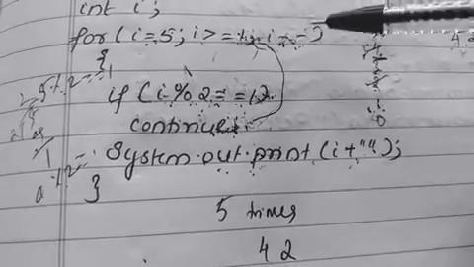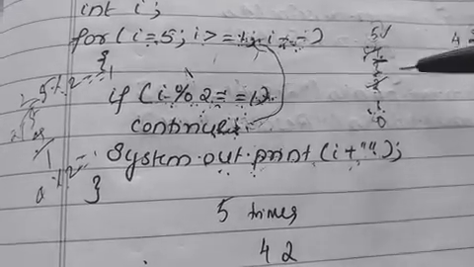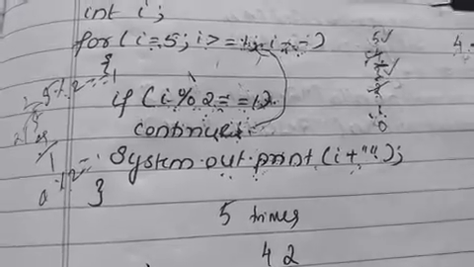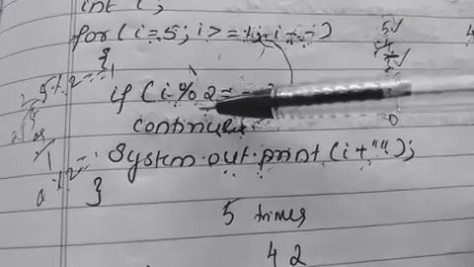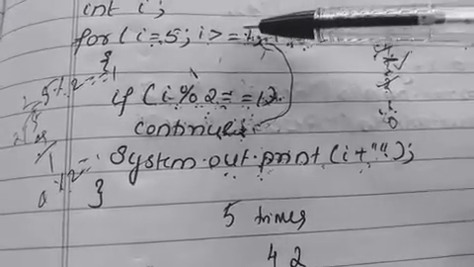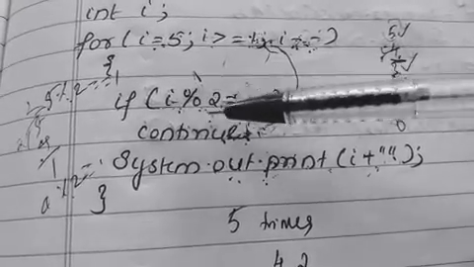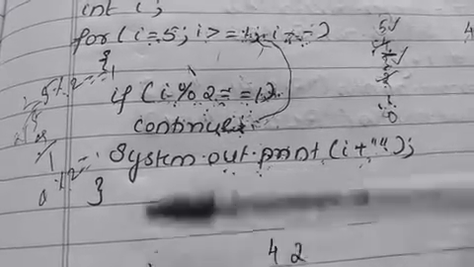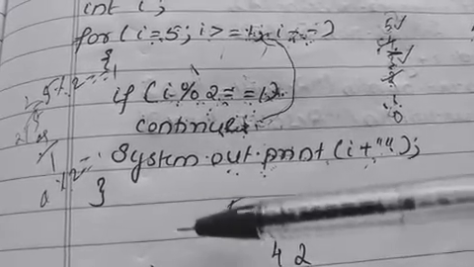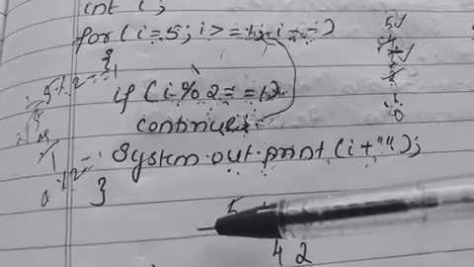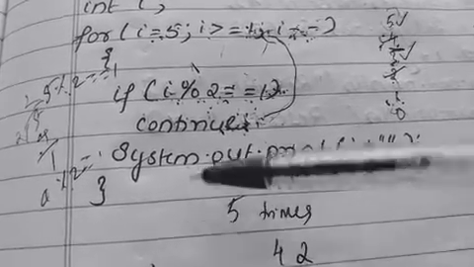Then we will come to the for loop and decrement the value of I. Now the value of I becomes 3. So with that value we come inside, we will check the condition 3 greater than or equal to 1. Is it true? Yes. We will come inside the for loop. We will check the condition 3 mod 2, that is, 3 is divided by 2, and we want to get the remainder. What is the remainder? At that time, the remainder is 1.